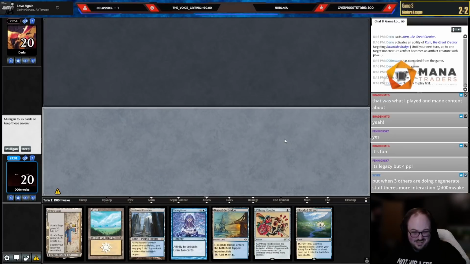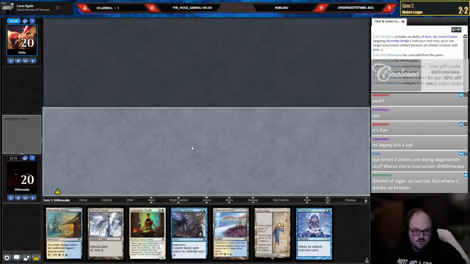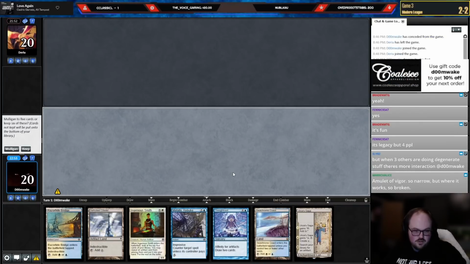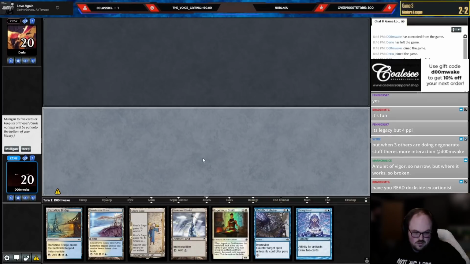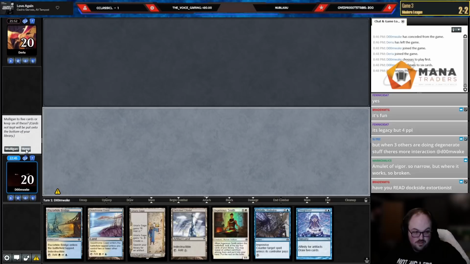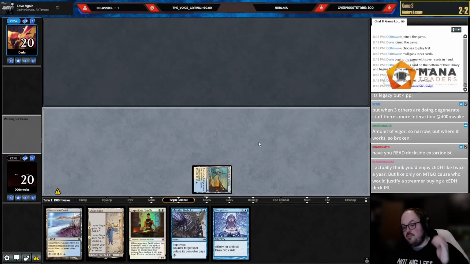Thoughtcast, Needle, 5 lands? I can't keep this, right? No. Thoughtcast, Rebuke, Smith? I mean, I don't like this hand, but I think I have to keep it. It's not great, but...